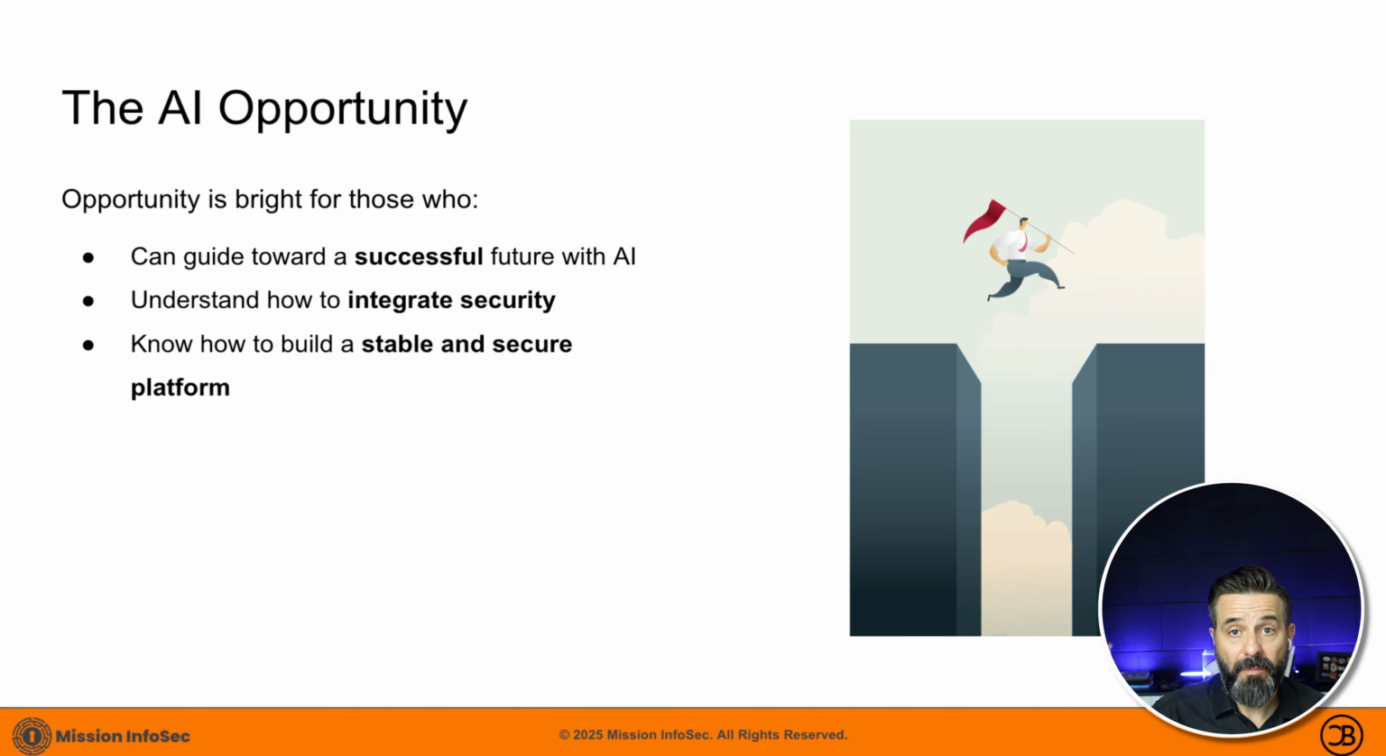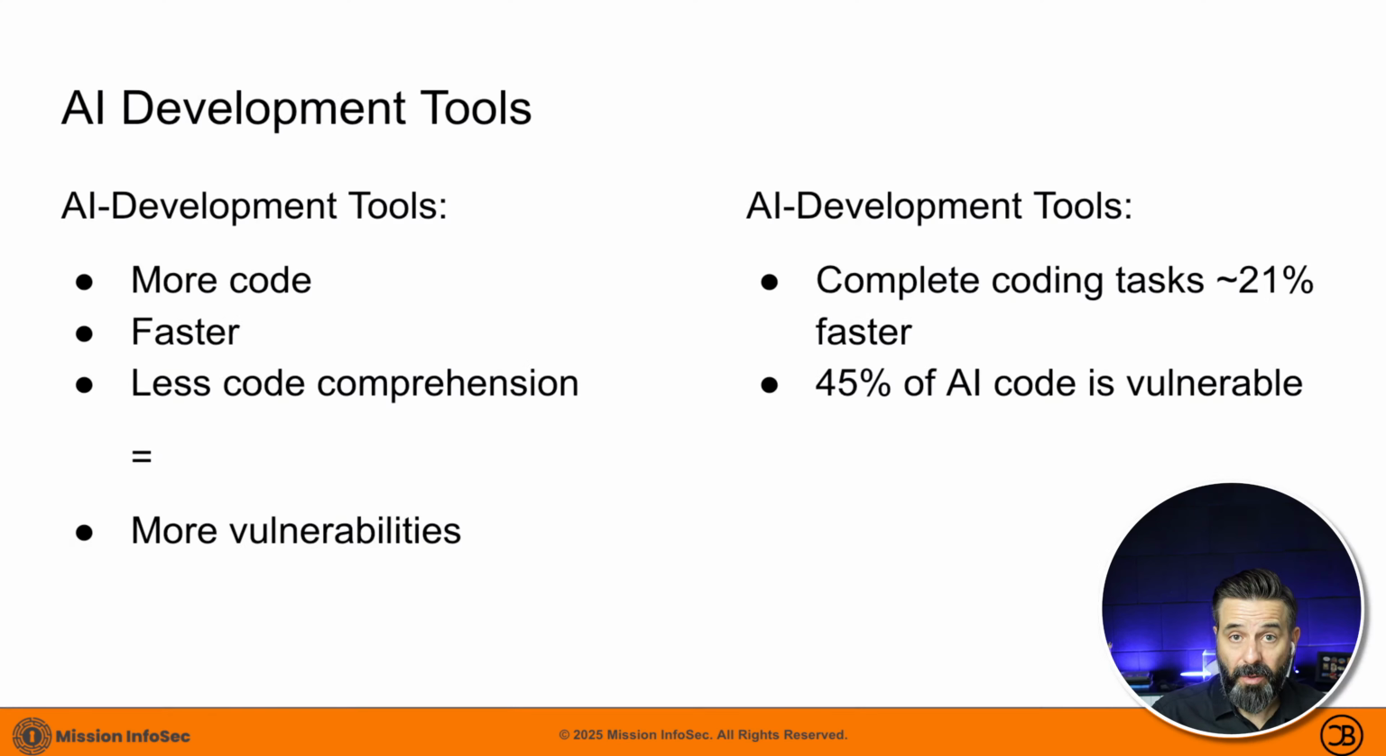So let's talk quickly about why traditional AppSec processes fail. AI development tools, not surprisingly, are churning out more code, and doing it faster, and a lot of times there's less code comprehension. A lot of the people who are using AI are doing so because they don't want to think about it. And so naturally, if you're not thinking about the code it's generating and you're not proofreading the code after it's generated, there's going to be less code comprehension, which is resulting in more vulnerabilities being generated faster,